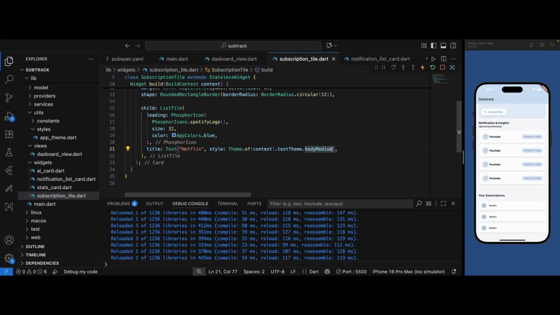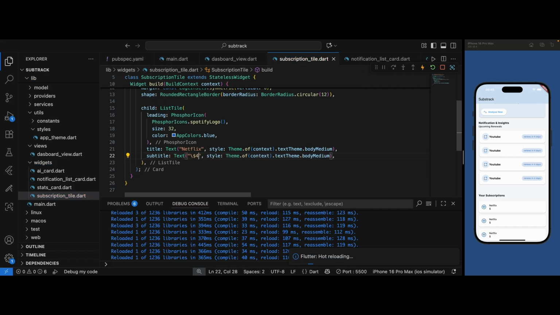Very cool, beautiful. Then the next thing I'm going to be doing is the subtitle. So I'll just duplicate this. The subtitle basically is just going to have the monthly cost, which is going to be in dollars. We have to escape the dollar sign. Let's use $400, and then we have this fine dot here, and here we now need to put "Renews on". Then we'll put the date